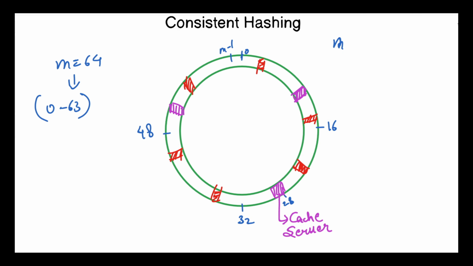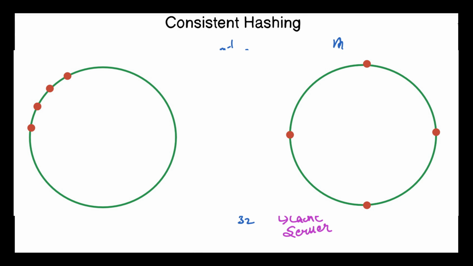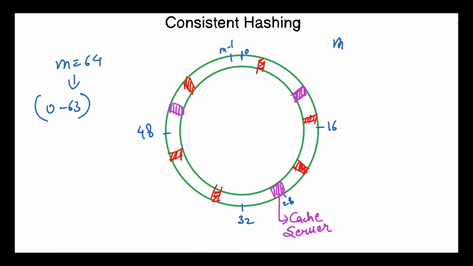Everything seems pretty good, but there is one more problem in this architecture. This approach will only work if all the data points and the cache servers are placed evenly around the ring. Otherwise, data points will be unevenly placed over the cache servers. To ensure each cache server has on average k by n data points, both data points and the servers need to be evenly distributed. While a large number of data points will be spread evenly around the ring, the small number of cache servers might not be. In this case also, because we have only 3 cache servers, there could be the case where these 3 cache servers are not evenly distributed.